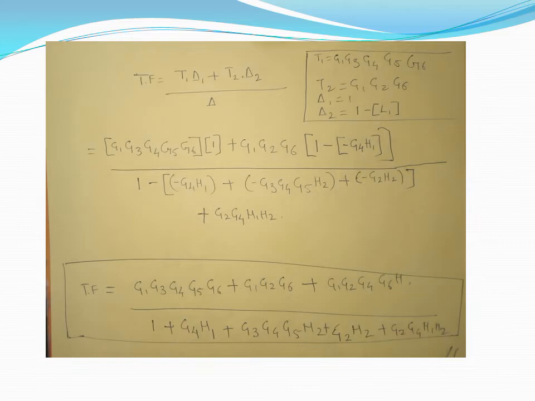And next class we'll solve 2 more problems on signal flow graph, and then we can move to block diagram to signal flow graph, and then finding transfer function using Mason's gain formula and also using simultaneous equations. So we have seen in the previous lecture how to convert equations into signal flow graph, and also how to convert a block diagram into a signal flow graph.